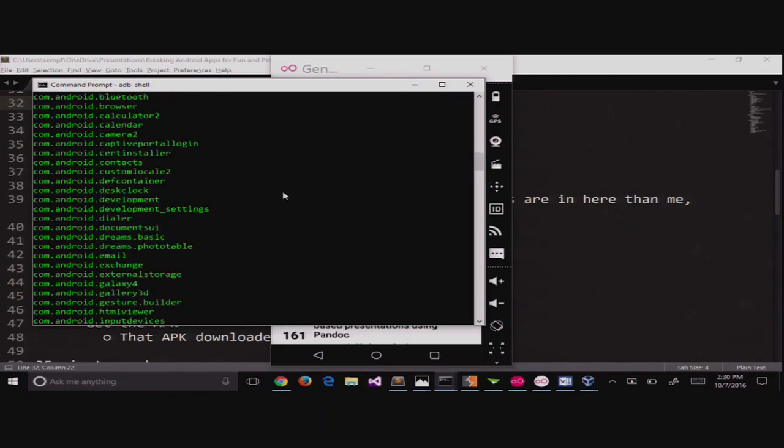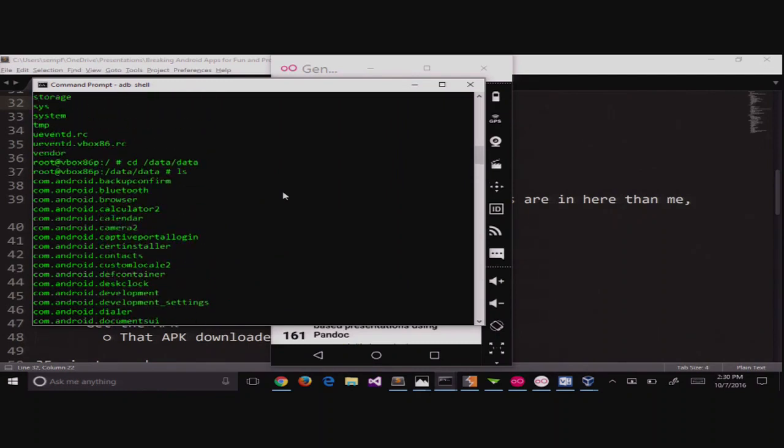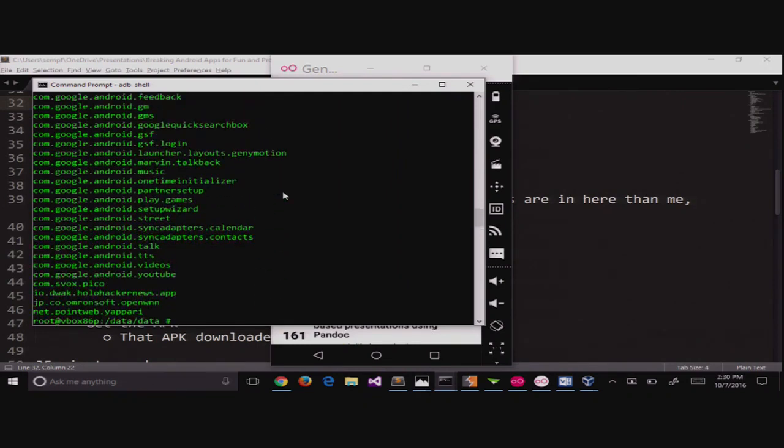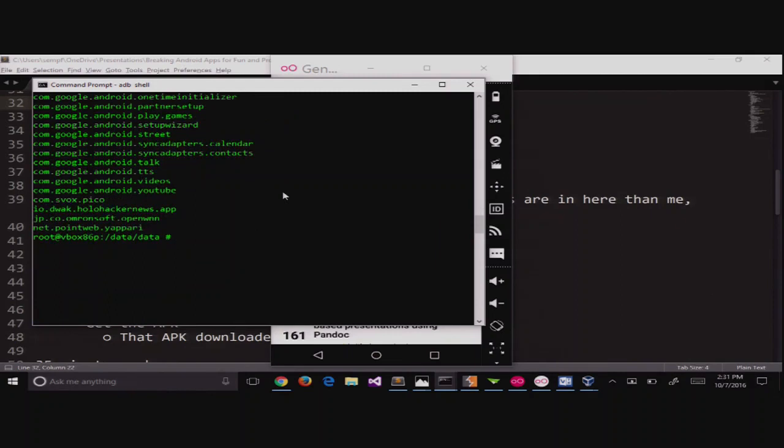Obviously, most of them are in the com.android namespace. Those are Android applications. Com.google, obviously, is the Google-branded Android applications, because there's open source Android, then there's Google's special Android, right? And that's why we have to get ROMs. We can't just download and build and deploy, because Google's closed a significant amount of the way Android works. And these pieces down here are little bits and pieces of applications that I have installed separately. So there's Yapari, for instance, an application that I'm working on right now.